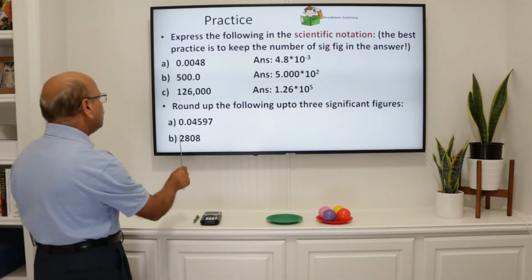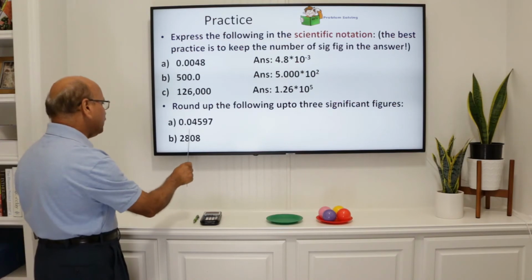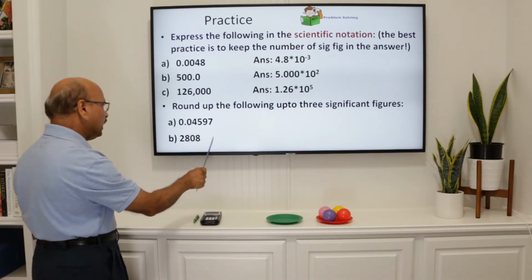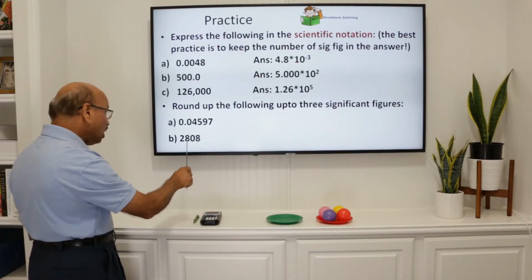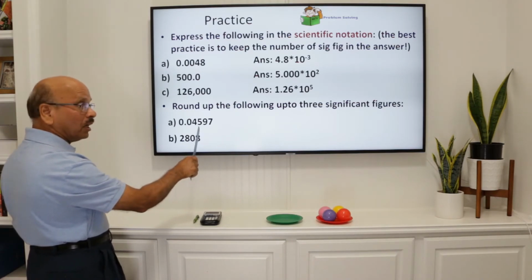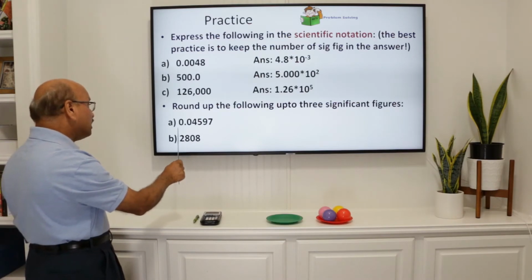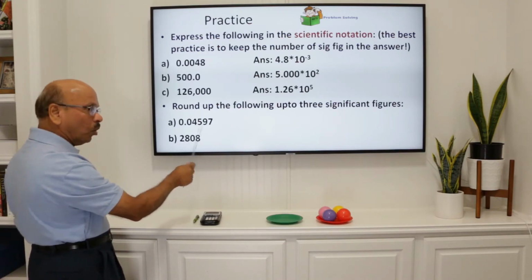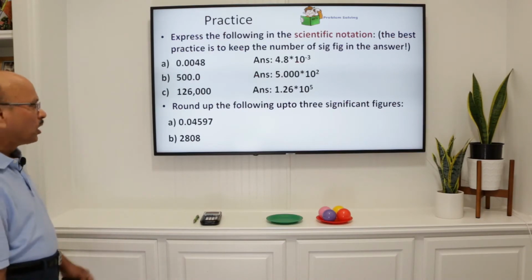Second number, 2808. Again, count from the left. 280, that's the third significant figure. You're cutting away the 8. You add 1 to the last number, and remember, there's a whole number part which is cut off, so you have to have a 0 at the last place. So that is our idea, remember? So it should be 2810, or we can represent it in scientific notation, which is a better way of representing